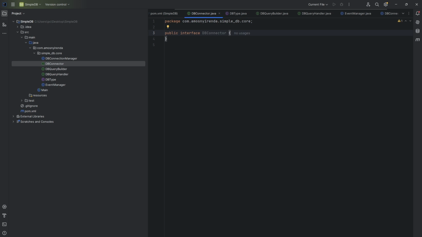Right? It is going to contain interfaces such as connect and disconnect that allow us to connect to a database and also disconnect from that particular database. So for connecting and for closing that connection to the database. So remember that later on we want to add support for